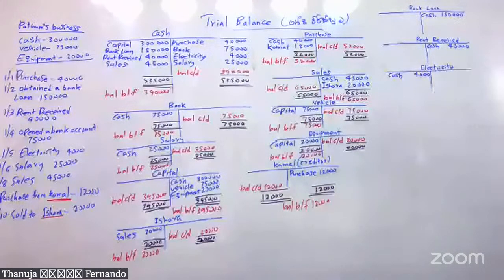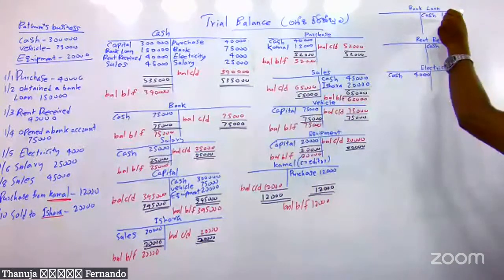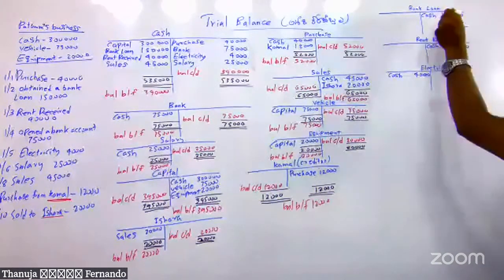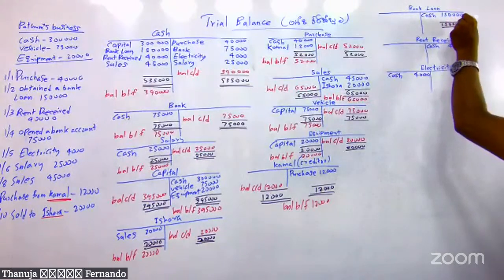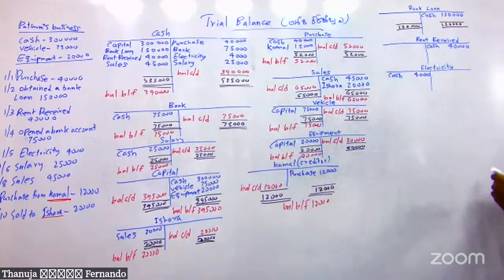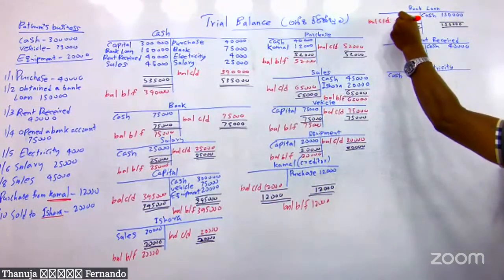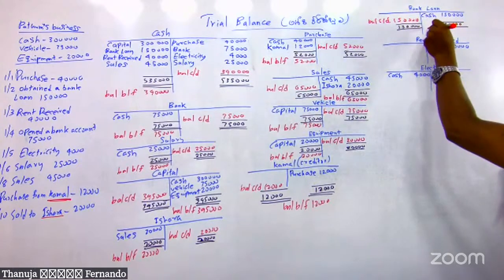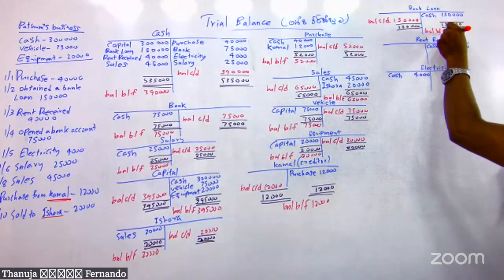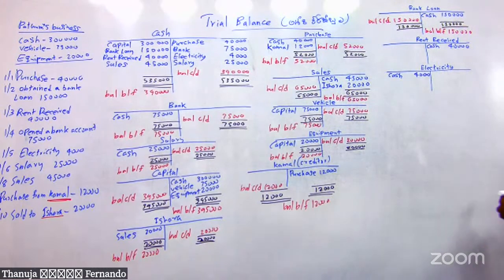Then we have another 3 accounts. Bank loan. When we take bank loan 150,000, when we deduct 0, balance CD 150,000, balance brought forward 150,000. Then rent received